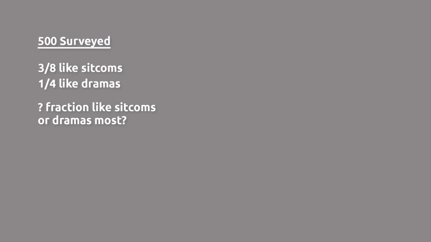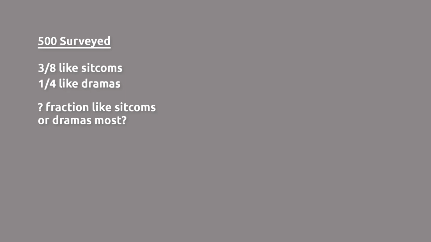When we're looking at two different sets and we're asked what is part of this set or that set, that's called a union. That means we want not what is "and," like both sitcoms and dramas, which in this case, since it's most, would be none, because you can't have two favorites. But when it's "or," we want to add them together,